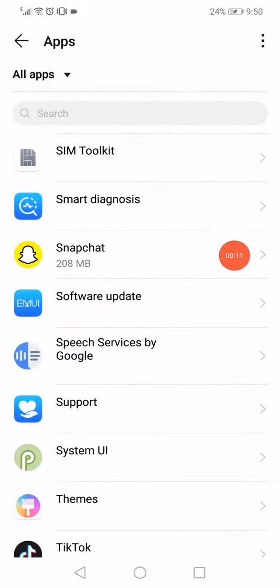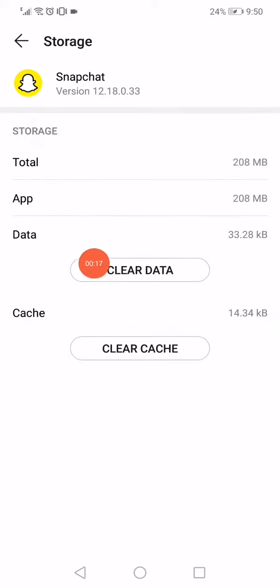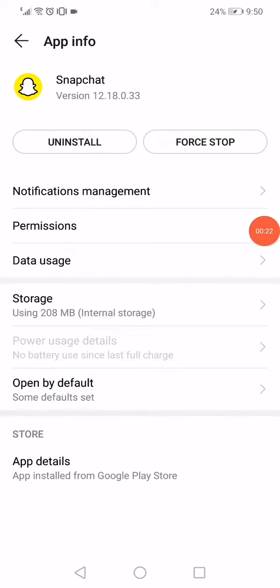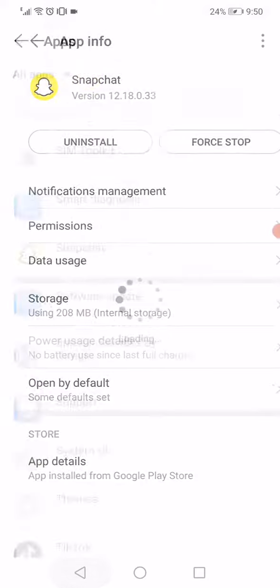When you open the apps, go to the Snapchat right here, click on force stop and then click on the storage, click on clear data and clear cache. Go back, click on the permissions, make sure that all the permissions are enabled, and then go back to the